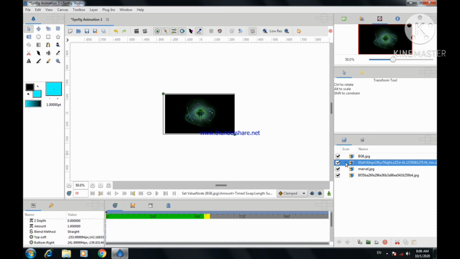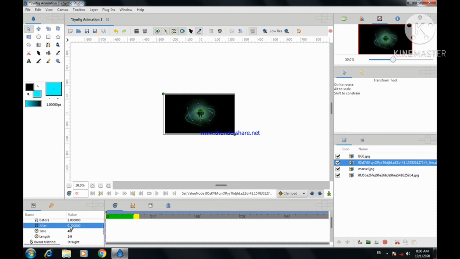Now select the second image, right click, convert, timed swap. Now for the second image, again I'll change the property after to 0. Time, now here time we need to change it to 10 seconds. Why?